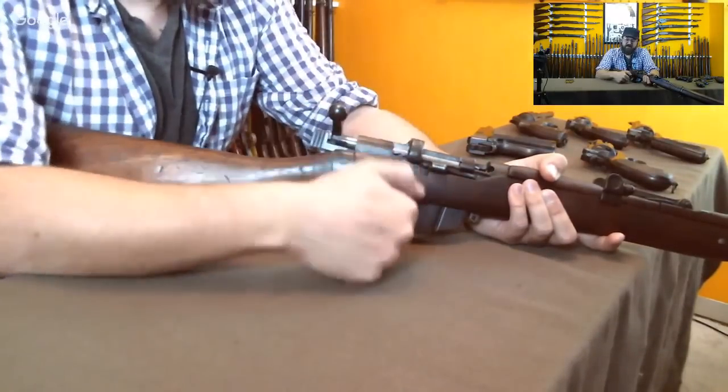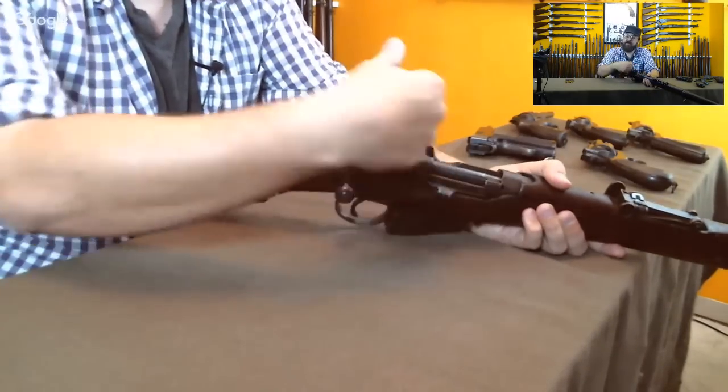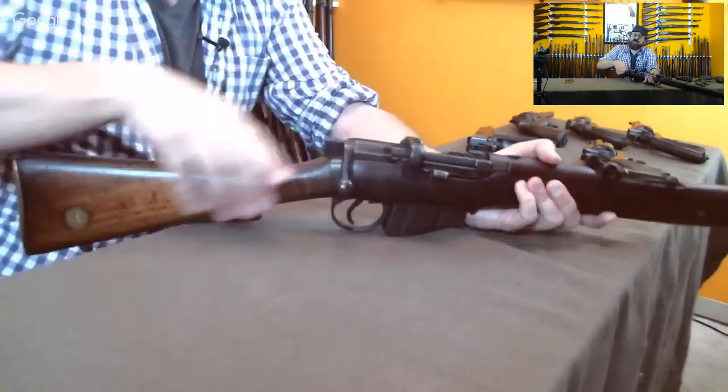You had to singularly load them. And the gun, speaking of single loading, still keeps a magazine cutoff. So in this position, we can only load 1 round at a time. And then if we pop her out, we can feed from our magazine. Another older piece of technology on the old Mark III